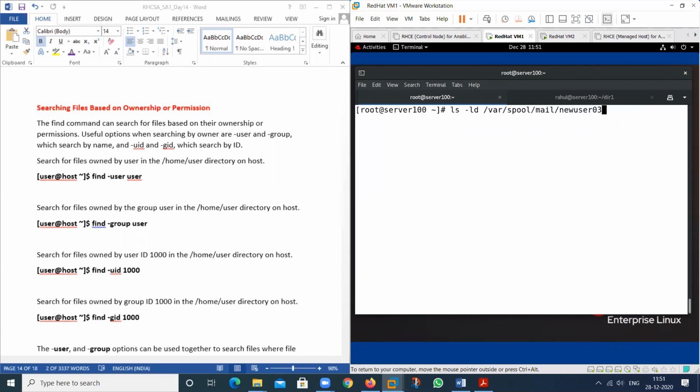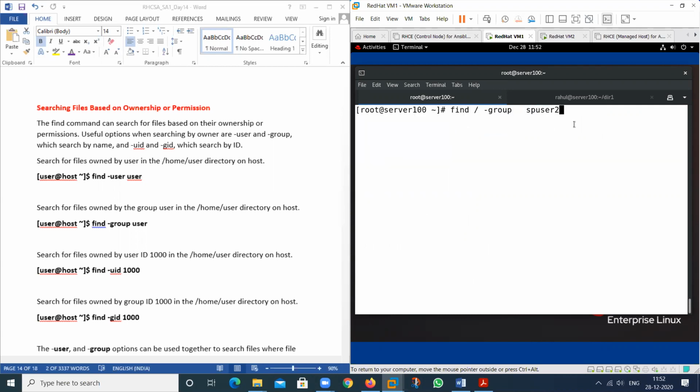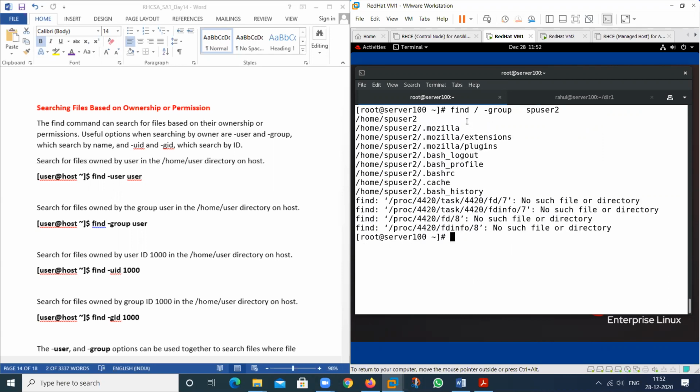If I want to search another one, suppose my group name is this one, I've created this particular user. When you create any user, the group already exists. So all these files have this group name.